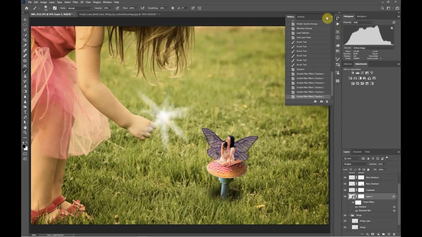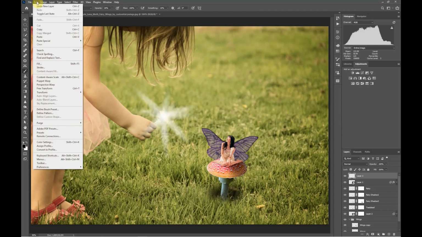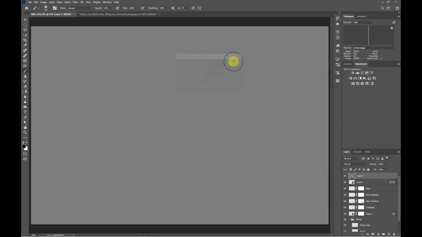So now we're at the point where we're almost finished, so we just need to add a few more effects to get it to look a little bit more realistic. So one effect that we can add is a layer to add a kind of overall noise to the image. In order to do that, we just create a blank layer, and then we can fill it with a solid color. So I can just go here to edit, fill, and we're just going to use 50% gray, and then OK,